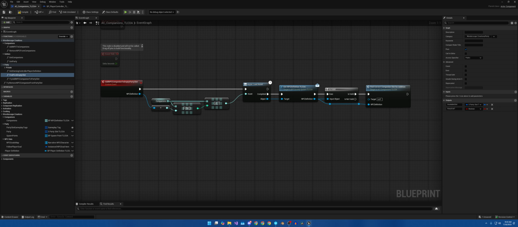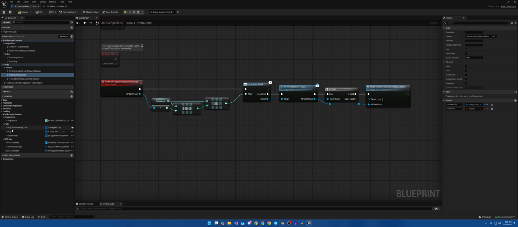Obviously, once we get to that point, we'll add some more functionality to the companion system that will then apply a gameplay tag to these NPCs. That way, we don't have to filter through several arrays. We just have to check to see if there's a gameplay tag attached to each of the NPCs nearby when doing an area of effect heal. So with that in mind, let's go ahead and get started